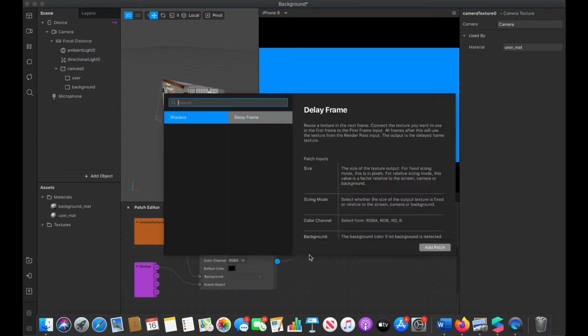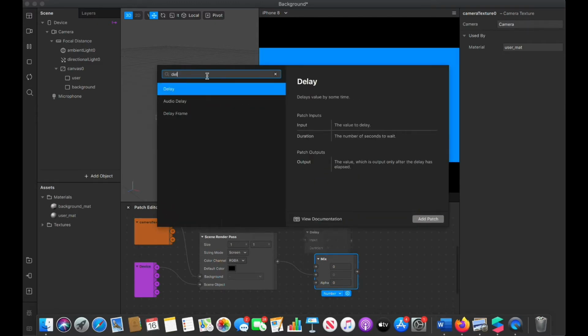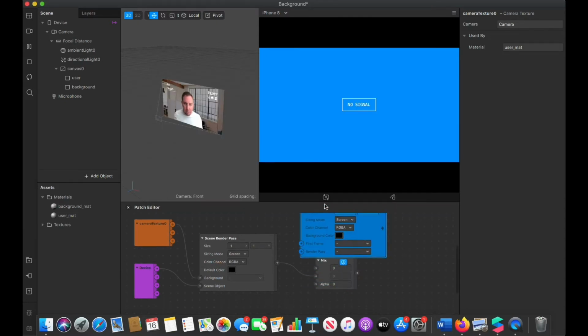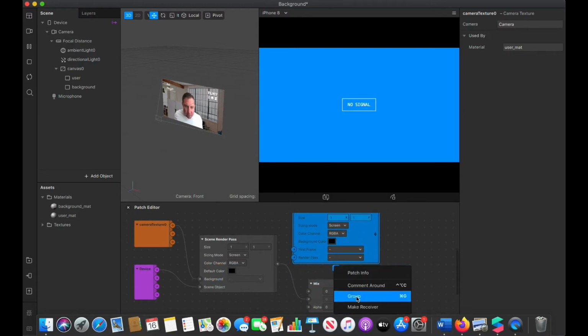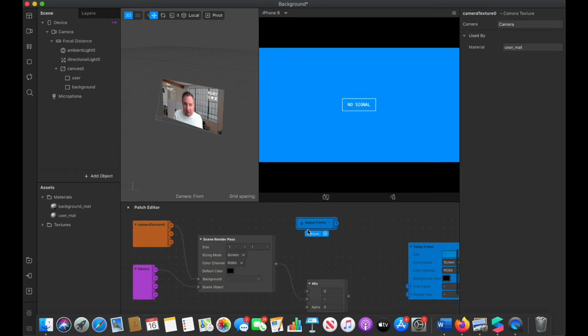Next on, we need to take that out into a mix. Here we go. Let's get that into the middle. And then we need to put in a delay frame as well. There we go. Now, what you need to remember when you put in your delay frame is you need to change it. You need to put it as a receiver. So we're going to use that later, and you want to have this little box which will be your delay frame receiver. This goes into your mix just here,